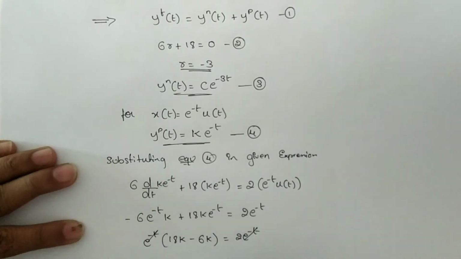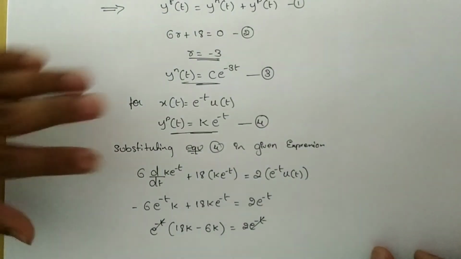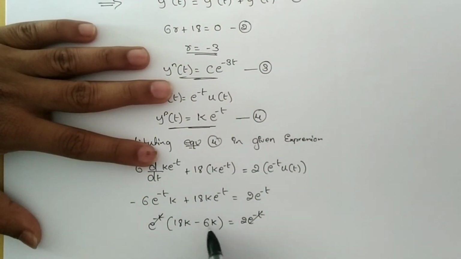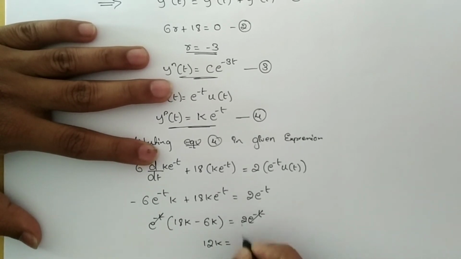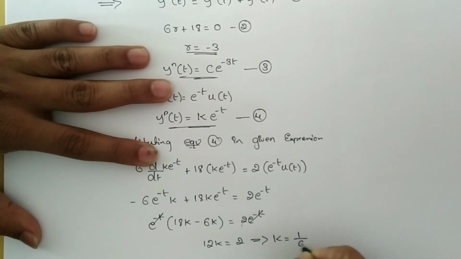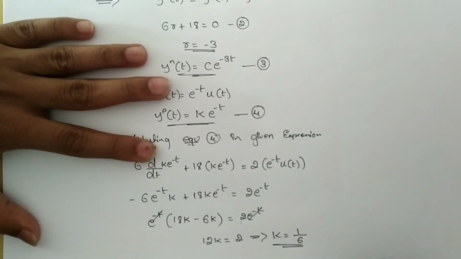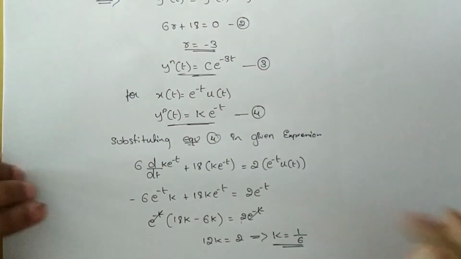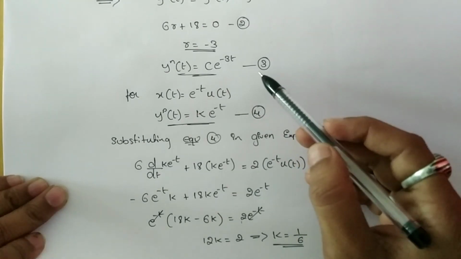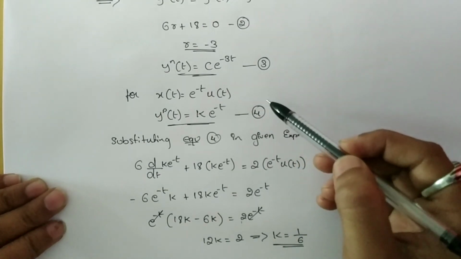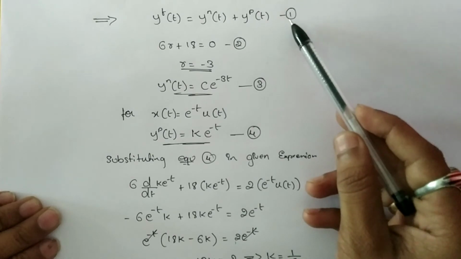E power minus t gets cancelled, and 18k minus 6k is 12k, which is equal to 2. From this we can write k is equal to 1 by 6. We can mark k is equal to 1 by 6. From 12k is equal to 2, we can get the value of k. Okay, substituting equation 4 and equation 3 in equation 1, we will be getting